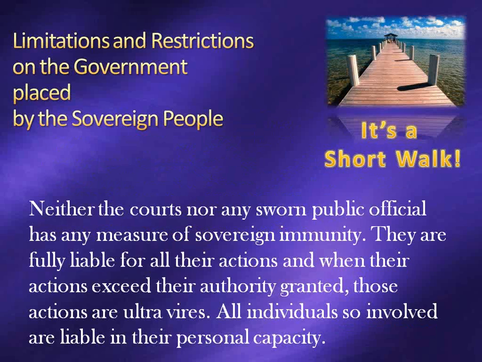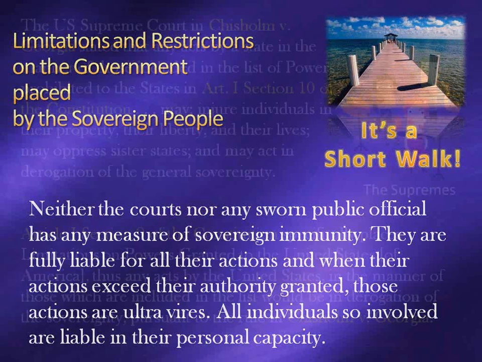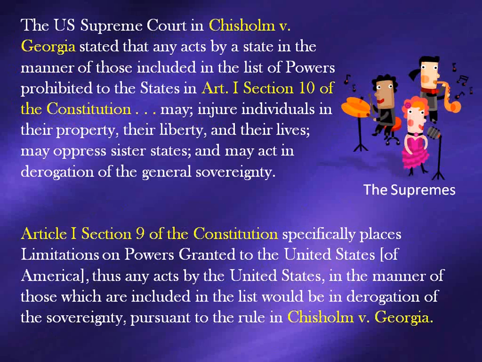Neither the courts nor any sworn public official has any measure of public sovereign immunity. They are fully liable for all their actions, and when their actions exceed their authority granted, those actions are ultra vires. All individuals so involved are liable in their personal capacity. The U.S. Supreme Court in Chisholm v. Georgia stated that any acts by a state in the manner of those included in the list of powers prohibited